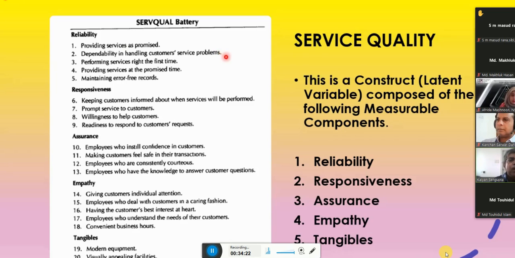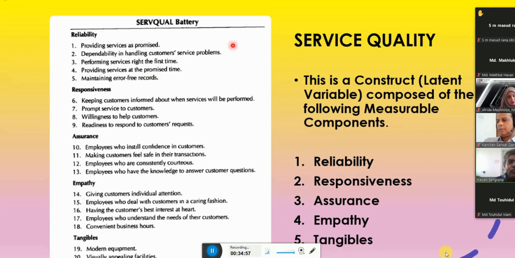Performing services right the first time, service provided within the promised time, and an error-free service. So reliability means error-free. Reliability means whatever you promise you give. These are the things inherent in reliability. So I can ask the question and ask them to score.